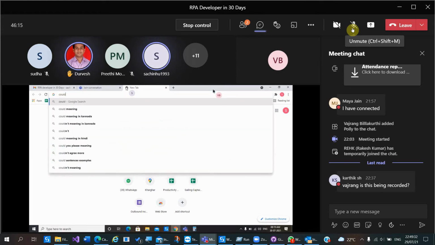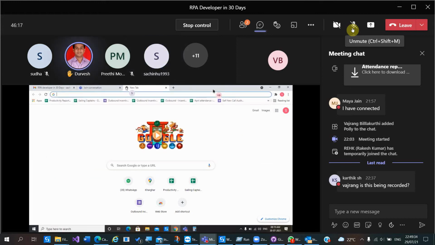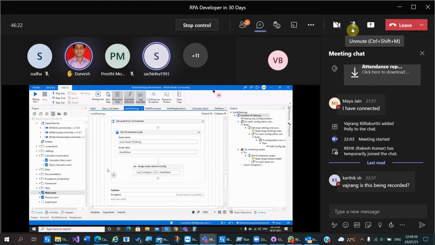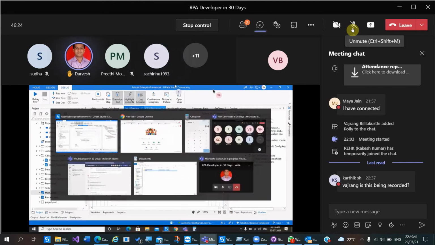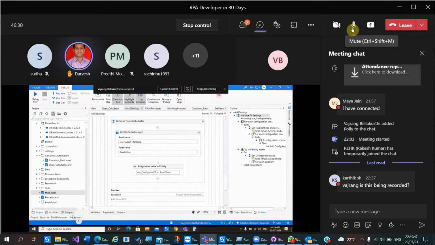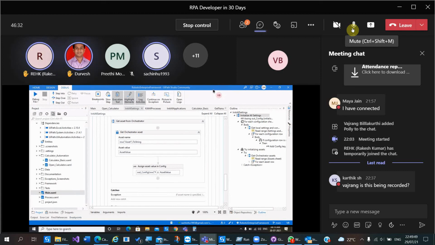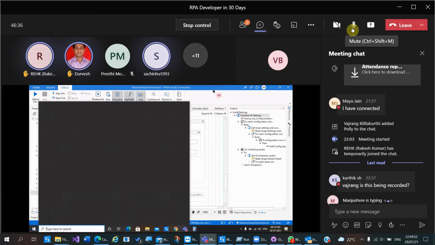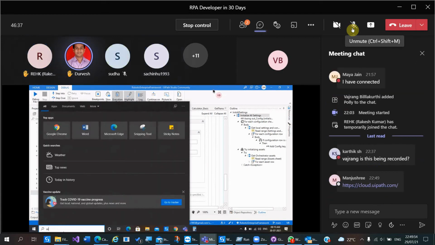Or else you can open your Orchestrator using UiPath Assistant. In the system window, type UiPath Assistant.